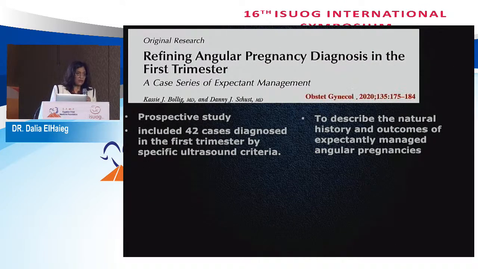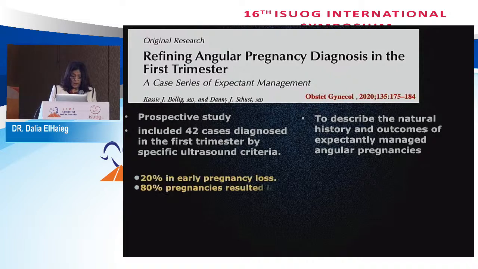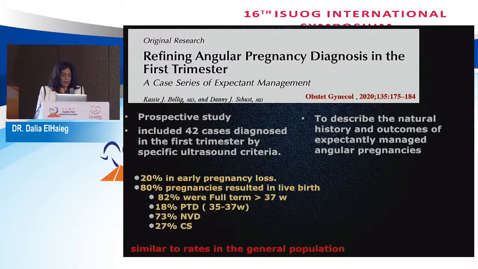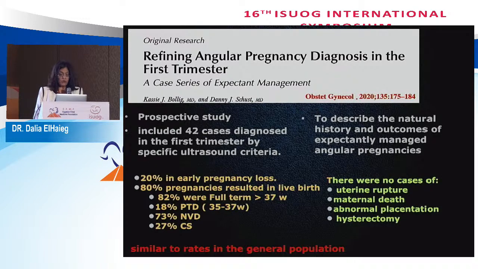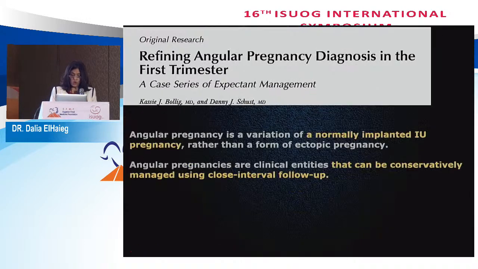So to answer the question, colleagues in Canada followed up 42 cases prospectively to see what the natural history is. They reported that 20% had pregnancy loss. Preterm delivery was 18%, which is a similar rate to that in the general population. There were no cases of uterine rupture, deaths, abnormal placentation or hysterectomy. So they